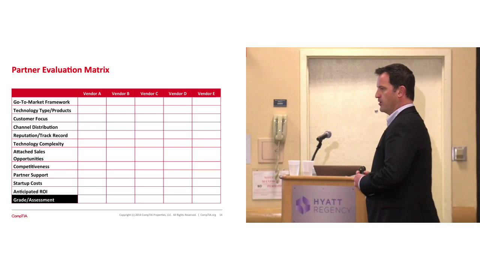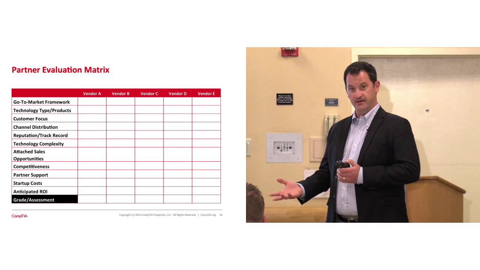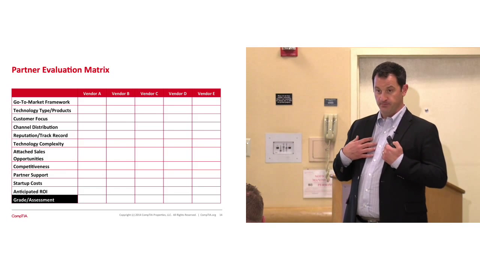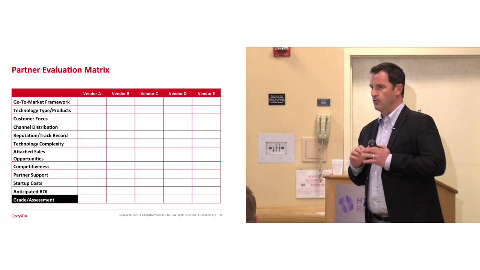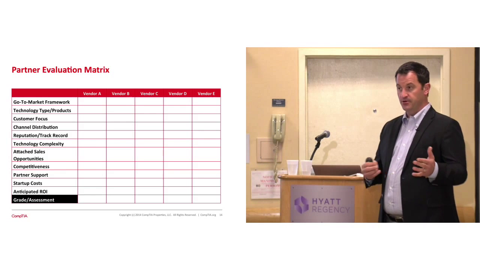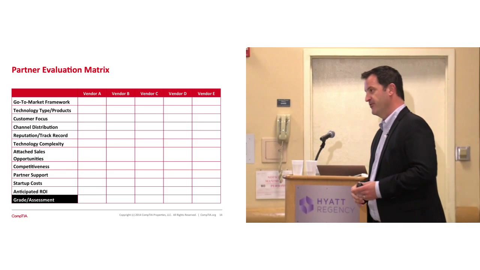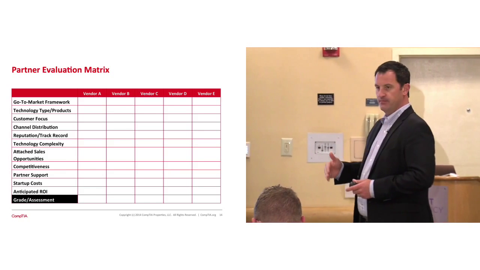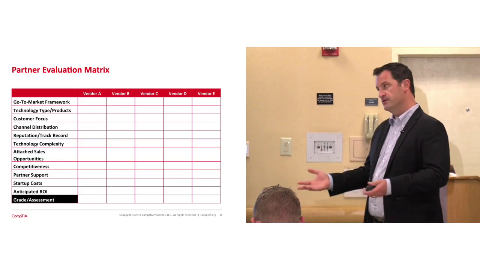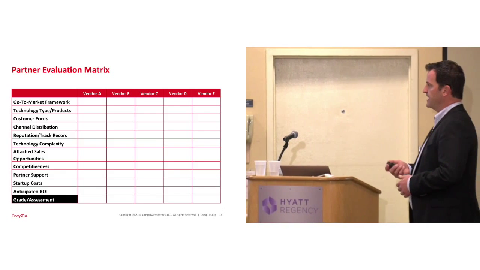One, go-to-market framework. How do they go to market? Do they go direct or do they channel, right? Do they go to all distributors, or is there a distributor you prefer to work with, or do they not? How do they go to market? There's some vendors who go direct and some vendors who go directly to the channel, and some vendors who try to walk that tightrope of doing both. It may not be relevant to you, but it may be important to you that they're purely channel focused, for example.